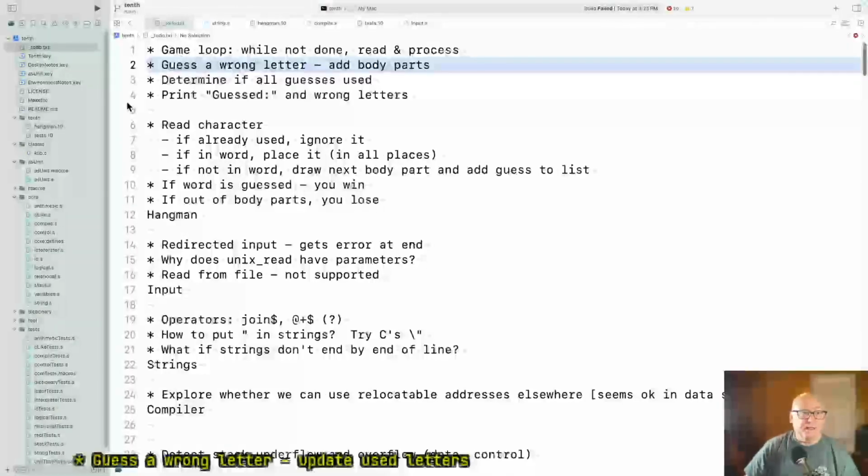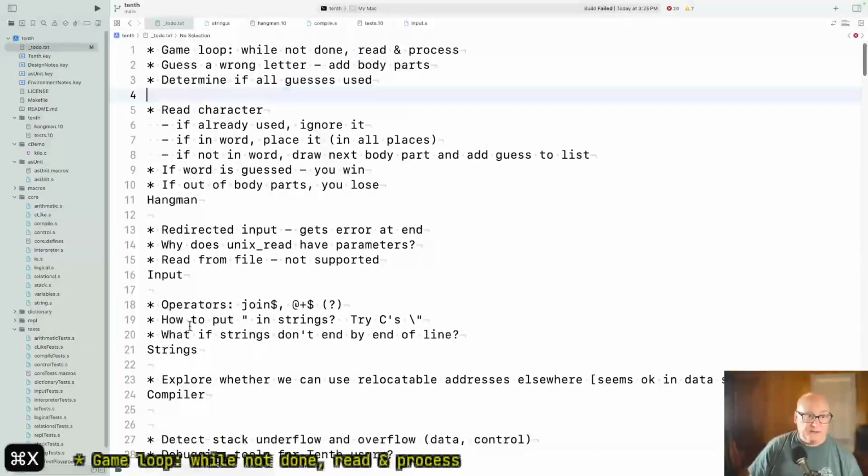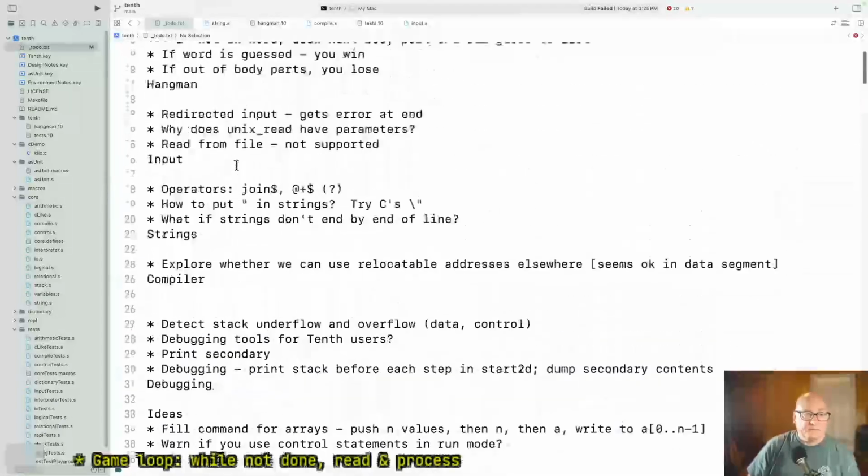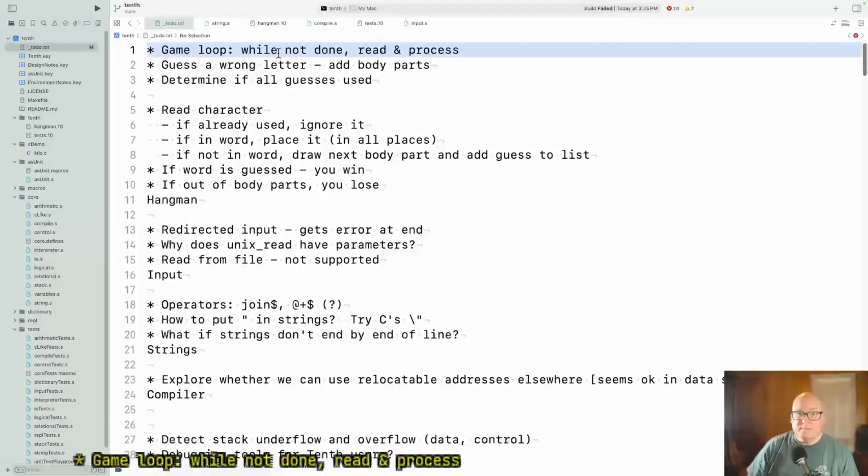So, well, print guessed in wrong letters. Okay, we've actually done that too, I guess. Here. Okay, but this game loop thing, you mentioned the other day, and I kind of pushed off, like, oh, we don't need to test. We don't need a mock to do this, but we should really for this game loop,